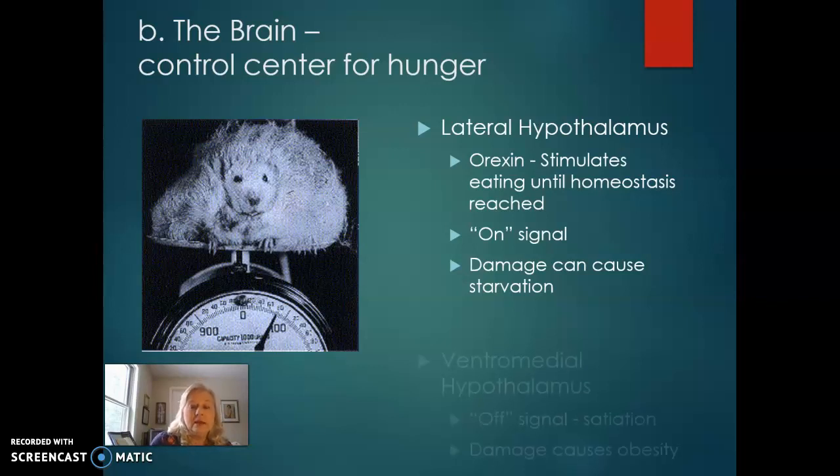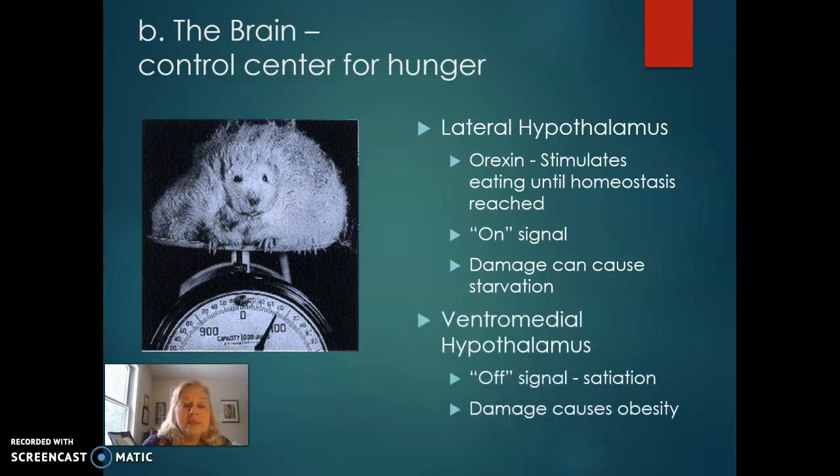Now, on the other hand, there are some genetic disorders that involve a problem with the ventral medial hypothalamus. This is the off signal, and it tells us you've had enough to eat. If you don't have this signal working properly,